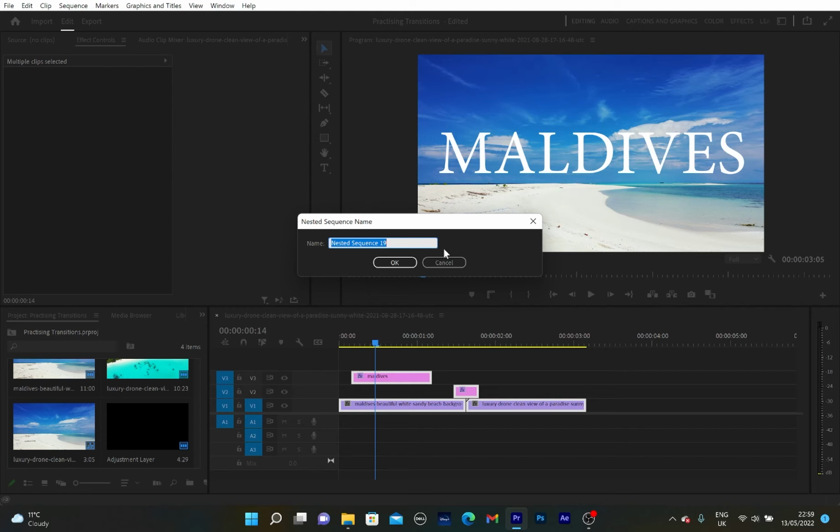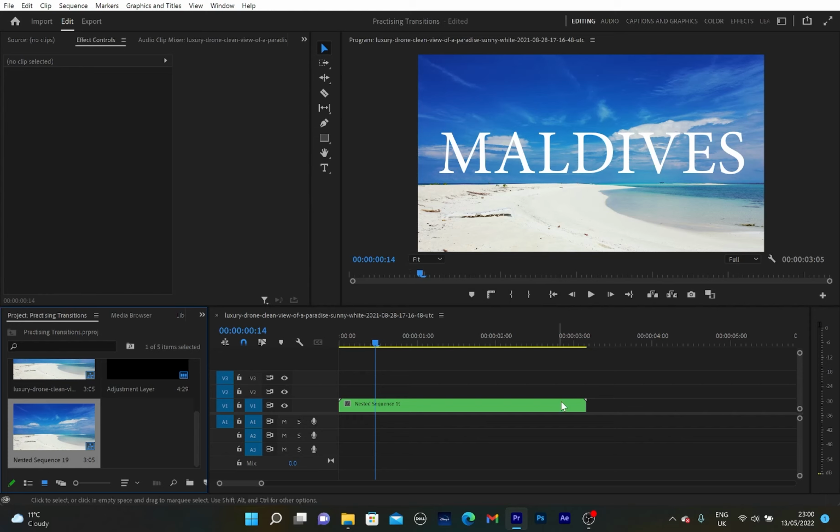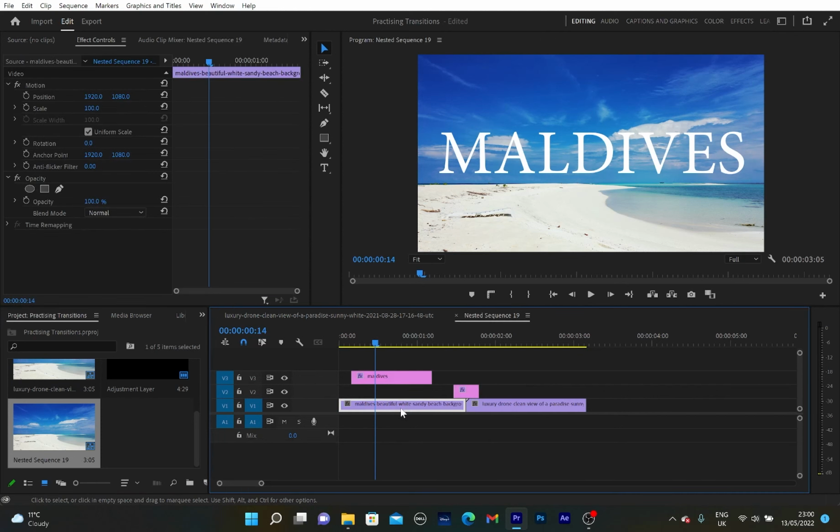It will ask us if we want to change the name of the sequence, and I don't want to change it, then I'm gonna press on OK. This will turn all these files into one nested file, and let's say that we want to change the text now because we don't like it anymore. So to do this, I'll select the nested layer, click twice on it with the left button of the mouse,